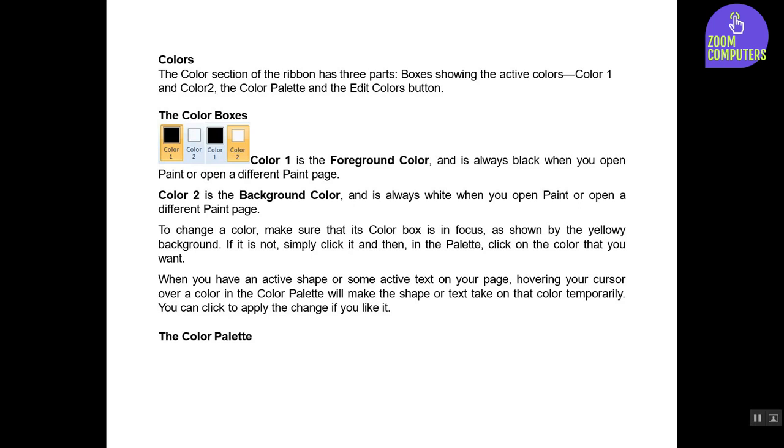The color boxes. Color 1 is the foreground color, and is always black when you open Paint or open a different Paint page. Color 2 is the background color, and is always white when you open Paint or open a different Paint page. To change a color, make sure that its color box is in focus, as shown by the yellowy background. If it is not, simply click it and then, in the palette, click on the color that you